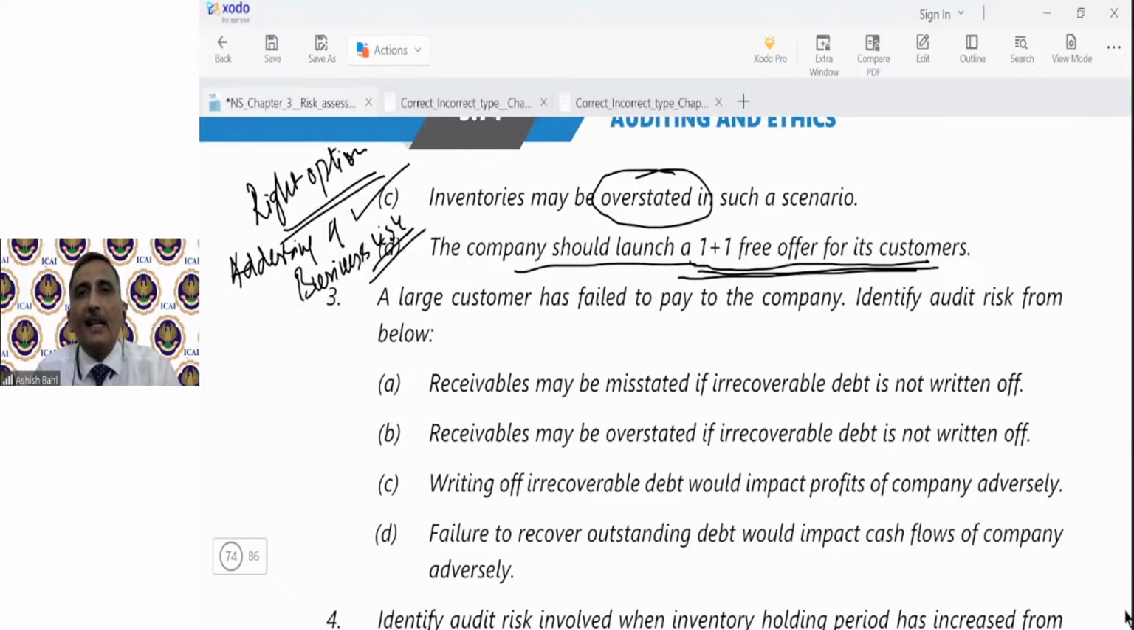So obviously, if the company doesn't make provision in its books of accounts for bad debts or for doubtful debts, then the debtors may be overstated. The receivables are likely to be overstated. There is a chance that receivables may be overstated. So the option is option B. So students, जो